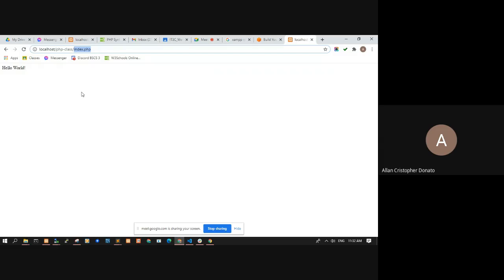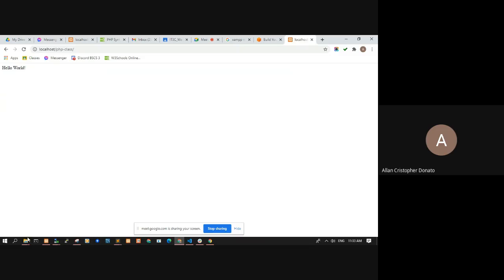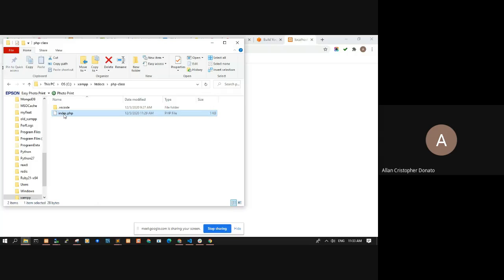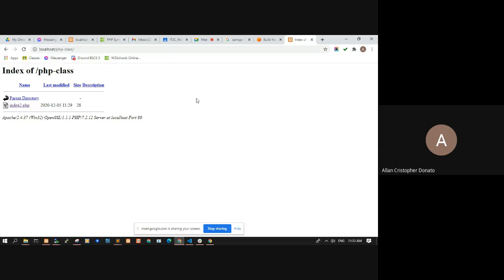Okay, in this case, index.php can be omitted. The reason is because I named it index. Okay? Index.php for PHP websites is very important inside a folder. The reason being is to prevent directory listing. Okay? Attackers can just do this if you don't have index.php or index.html inside, they can see all the files inside your directory.